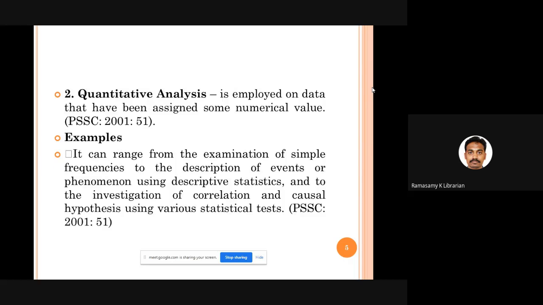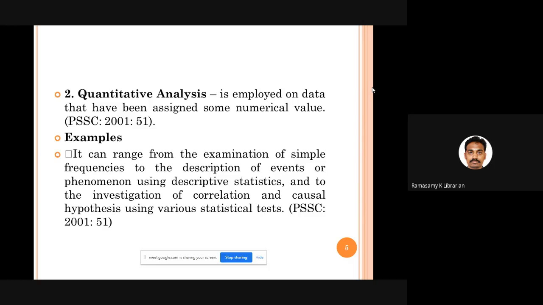Then comes quantitative analysis. Whenever you are assigning some kind of numerical value to any of the questions in the questionnaire or data, all those numerical data can be subjected to quantitative analysis. It may range from a simple frequency, for example, how many are aged below 10 years, 10 to 15 years, 15 to 20 years, to descriptive statistics.